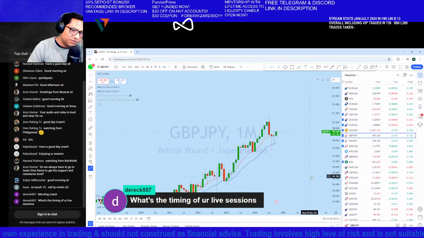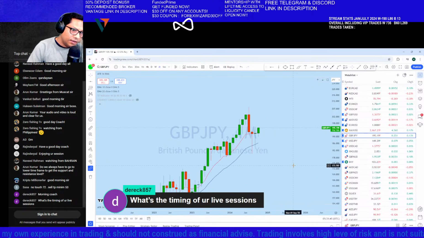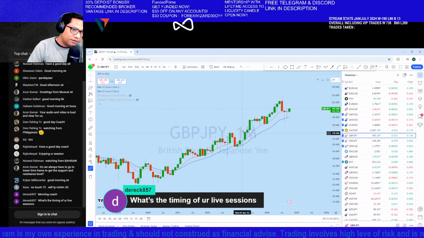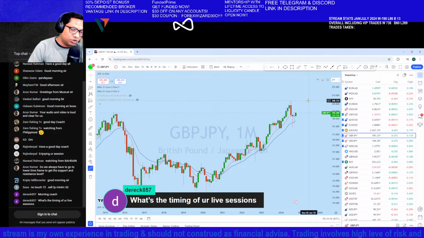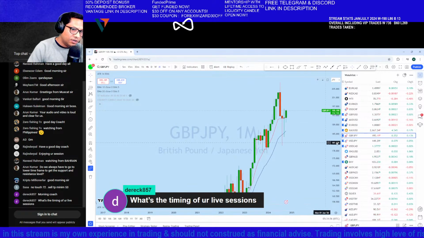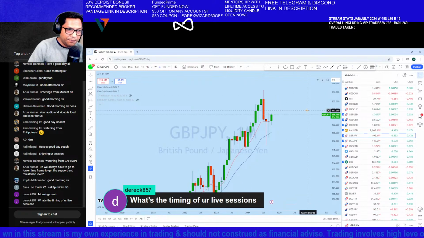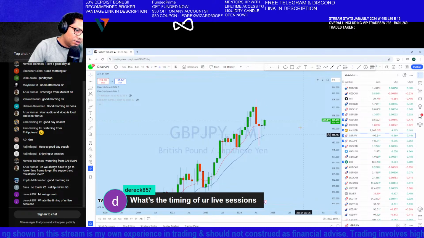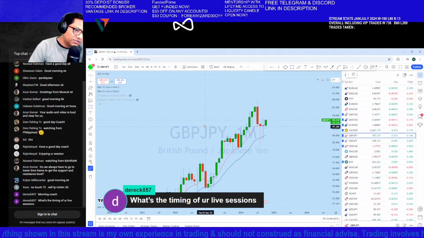So what is the flow in this market? If you look at this one here, we can see that this is a market structure, right? Market structure will help you to understand the flow in the market. I have a question. What do you see on GBP JPY? Which way is the flow in this market? So looking at this one here, we can see that this is a